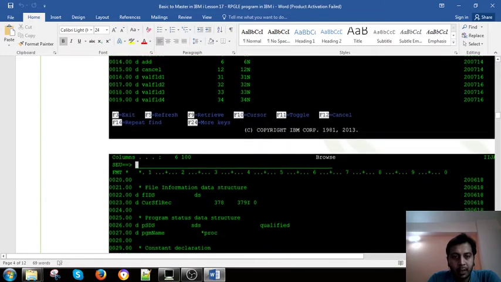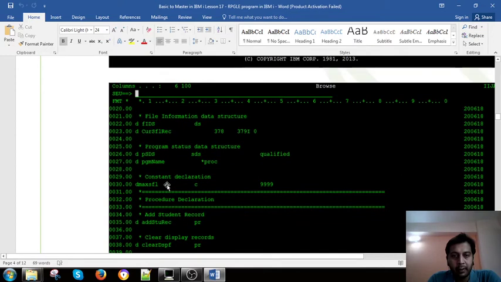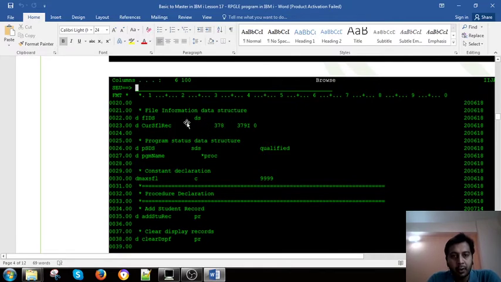And this is the file information data structure. This is again a different level, and a different session is required for it. This is program data, a data structure. Just keep in mind that this is the way we declare a constant. The file information data structure is not required, but I have used it. Only this one is required here, the program name data structure, because we need the program name on the display file, to know which program is calling. So we have used this logic, right?